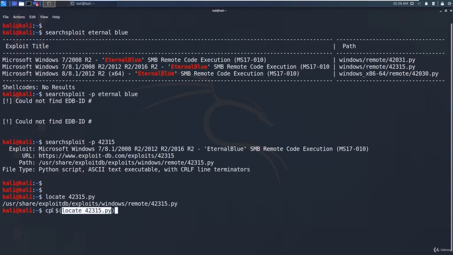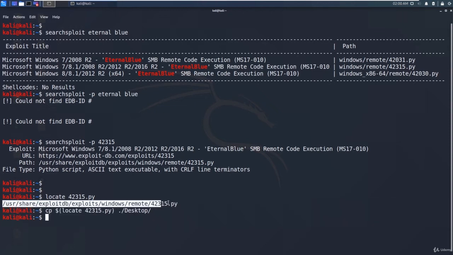So we are simply copying this file to the desktop. It is similar to cp /usr/share/exploitdb/exploits/windows/remote/42315.py to the desktop, but we can use the dollar symbol to run this command and put the output here.